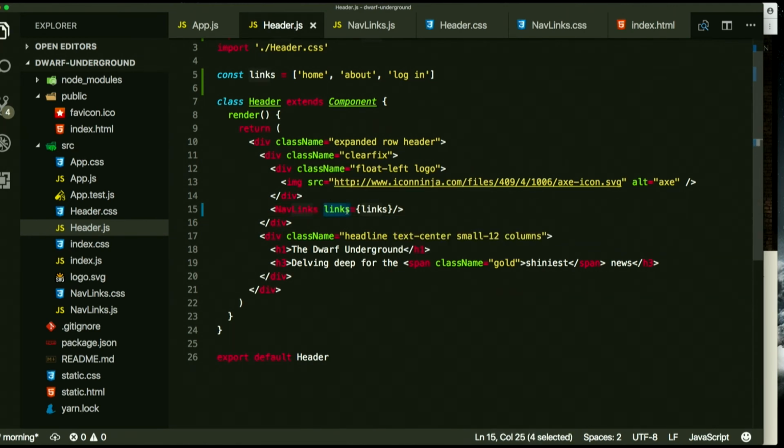So remember, this is the name of what it's going to be inside the component, and this is what I'm actually passing in. So this links corresponds to what I'm passing in, and this is what it's going to be called inside the component. I could call this something else, and it would still work fine, but then I would have to use whatever name I called it when we're inside the component. So if we do that,